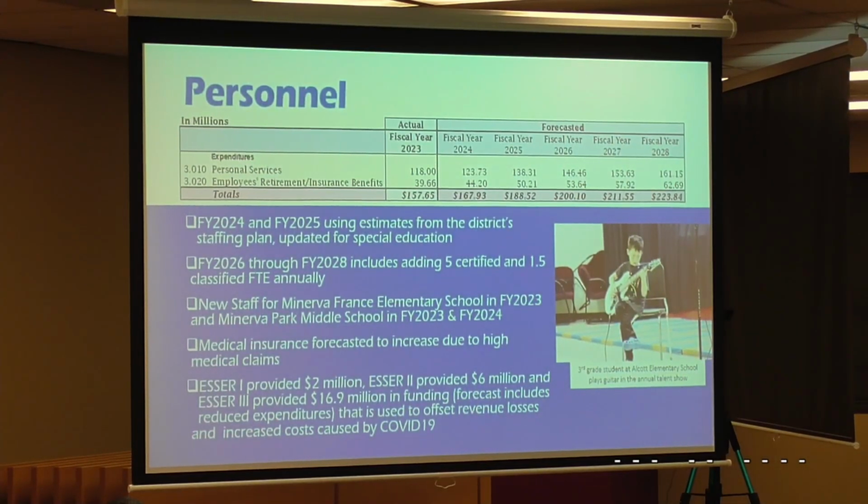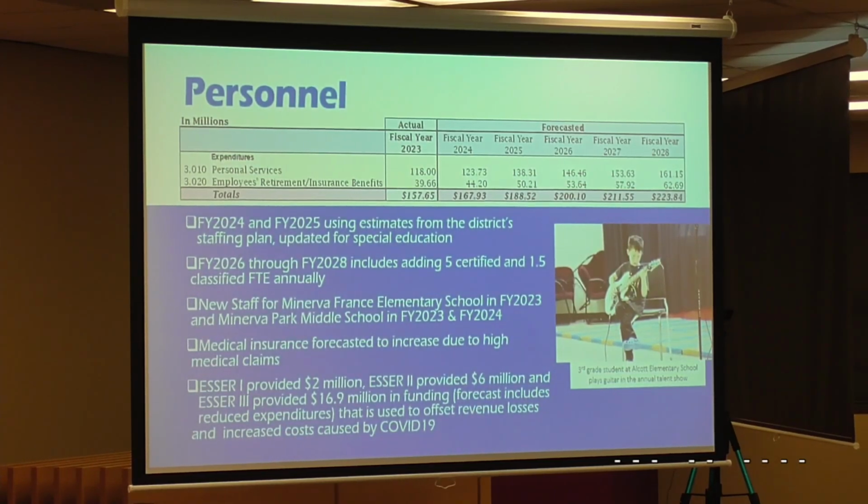Okay. Personnel, so for fiscal years 24 and 25, we're using the estimates from the district's actual staffing plan. For fiscal years 26 through 28, we do have estimates based on average salaries. The new staff in the previous fiscal year, 23, from Minerva France Elementary, and then we had the principal for the Minerva Park Middle School. And then we have new staff hired for opening Minerva Park Middle School this fiscal year, 24. Like I mentioned, medical insurance, we're seeing large increases due to high utilization of the plan and high medical cost